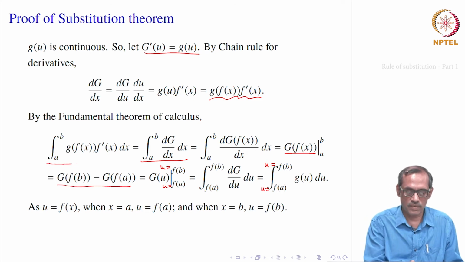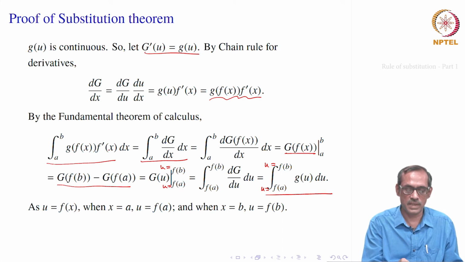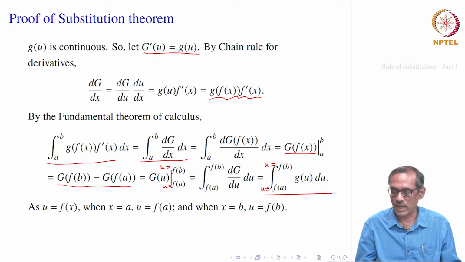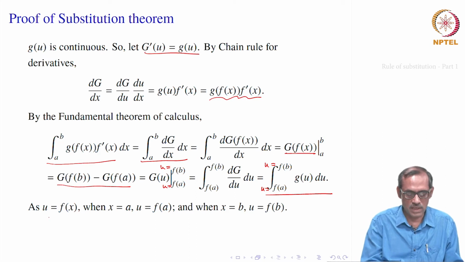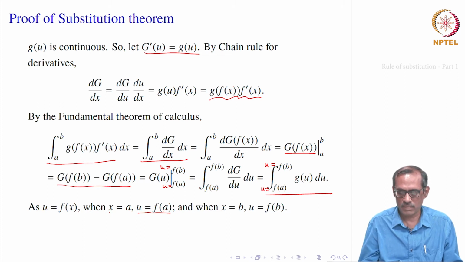So, that is the first thing to be proved: the integral from a to b of g of f of x f prime x dx equals the integral from f a to f b of g of u du. Okay. This is in terms of definite integrals. Now, similarly it will happen in the indefinite integral also, but now let us see u equal to f of x. We can see how the limits come in an alternative way: when x equals a, u will be equal to f of a, and when x equals b, u equals f of b.